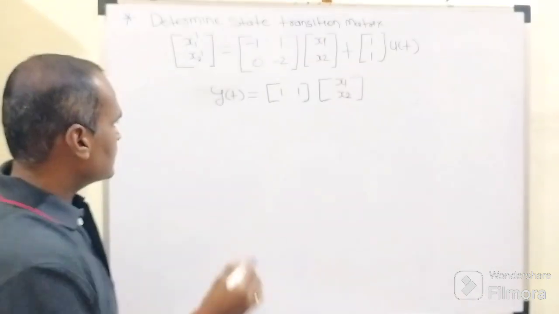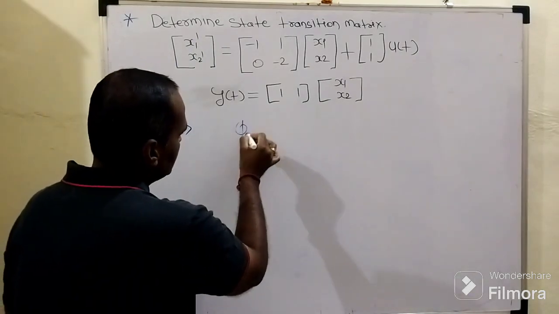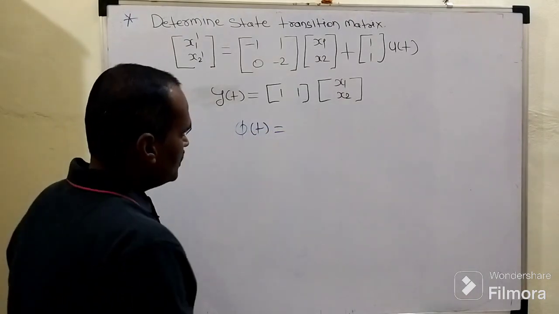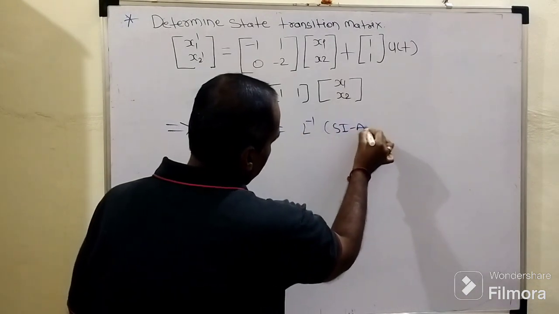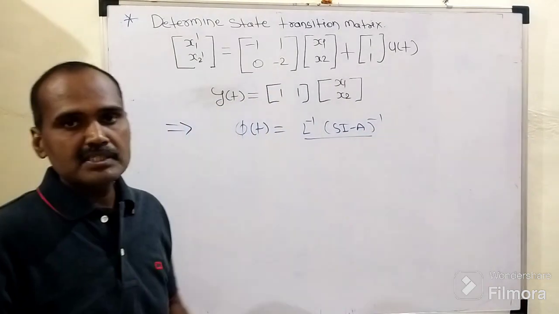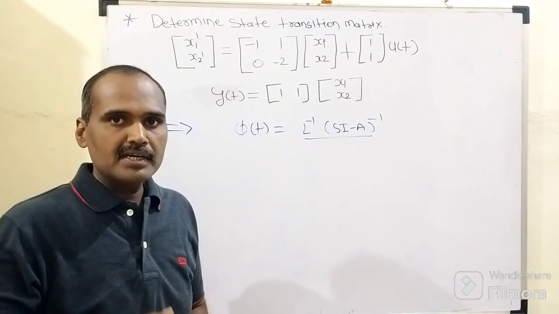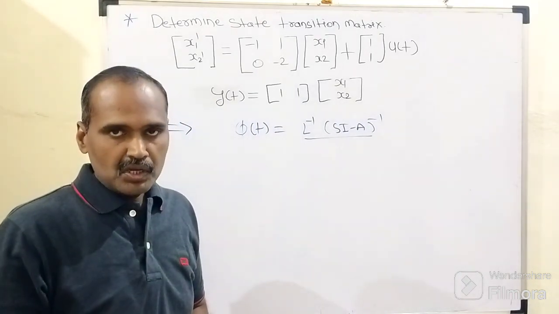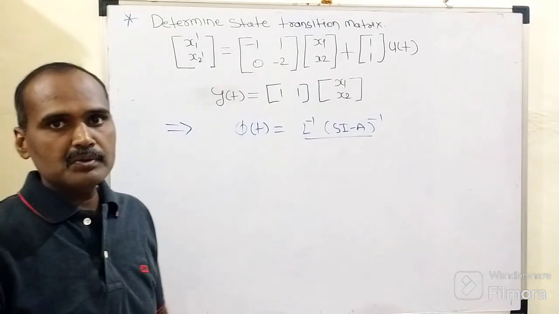First of all we need to understand the significance of this state transition matrix. The state transition matrix is denoted by phi of t. So basically phi of t equals L inverse of (sI minus A) whole inverse. This is the basic definition of the state transition matrix. This state transition matrix always satisfies a set of linear homogeneous state equations. So in order to determine the coefficients of this state transition matrix, first of all we need to understand